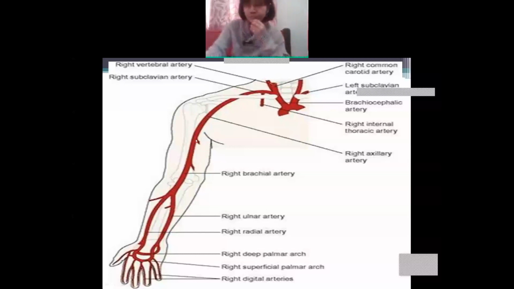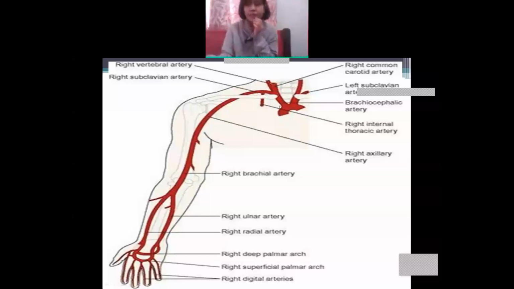So in the upper limb vessel there is a right side and a left side. We are discussing only the right side. In the picture, don't think that the left side is not there. Obviously it's there, but I'm showing you only the right side. Okay, so in the upper limb vessel artery, what will you find? You will find the subclavian artery. From where does it arise? ये जो subclavian artery है, ये कहाँ से आ रहे हैं? The subclavian artery arises from the brachiocephalic artery.